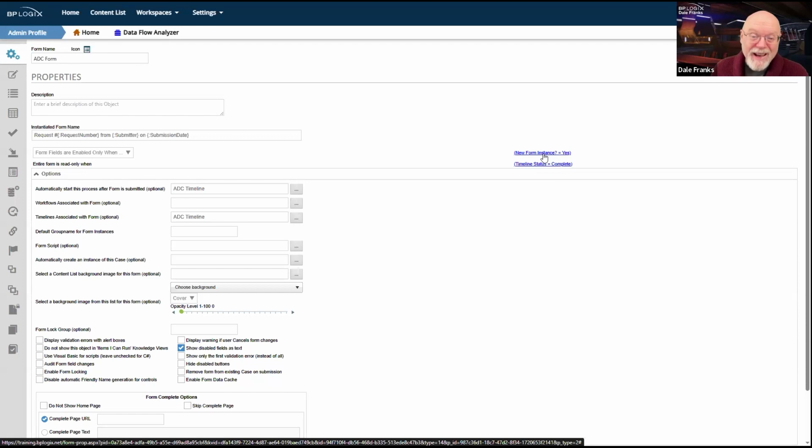Now, we're going to make it editable at some point, but we're also going to make whoever edits a form accountable for editing it. But in general, I want my initial requester to be able to edit the form, at least those portions of the form that I'm going to allow them to see. And past that point, I'm going to have specific sections of the form editable.